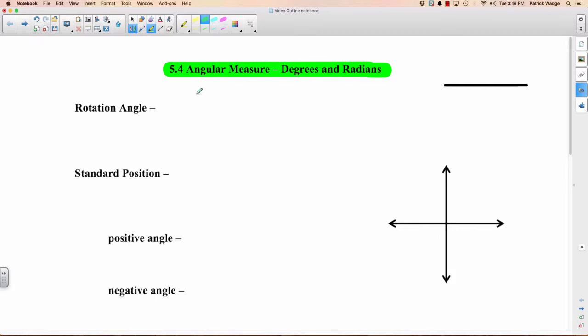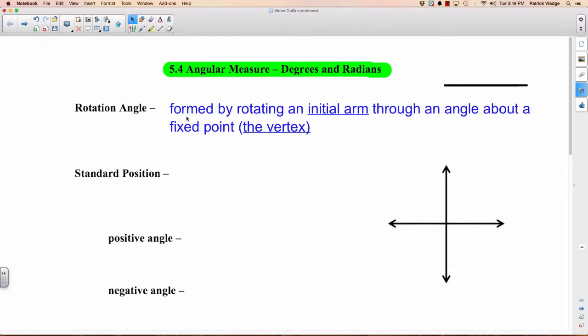And today what we're going to do is distinguish between degrees and radians. How are they different from each other and how are they the same? You know about degrees, but you might not know about radians yet. So the first thing we're going to introduce is a rotation angle. And what that is, it's an angle that's formed by rotating an initial arm through an angle about a fixed